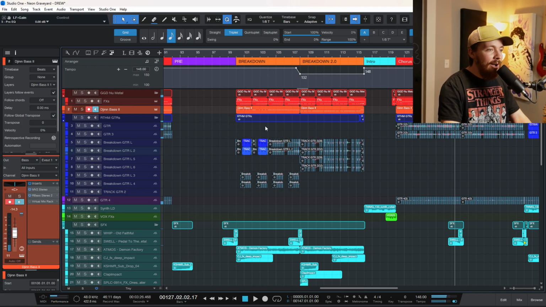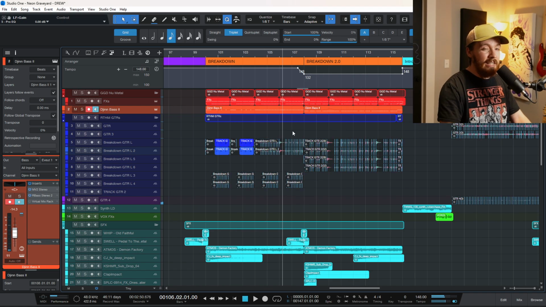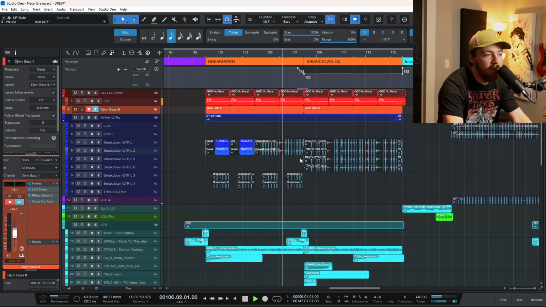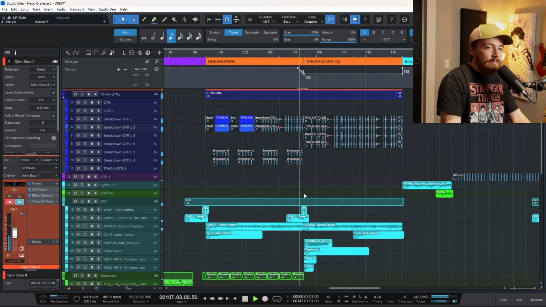Down. It sounds pretty good. And now here with the breakdown, it gets even fuller. And this is where the third thing is with my risers and downers. But I still have room for it. Maybe we'd be better off